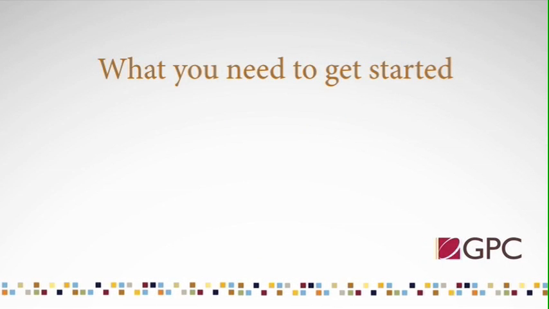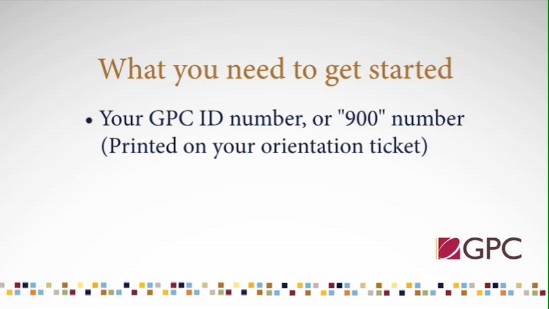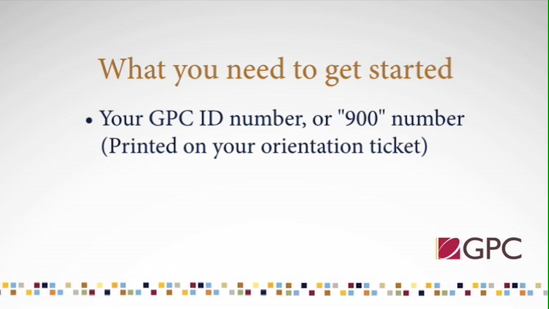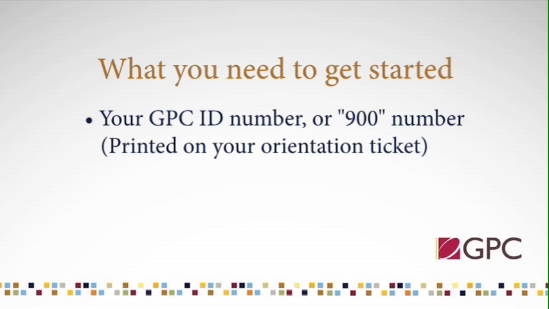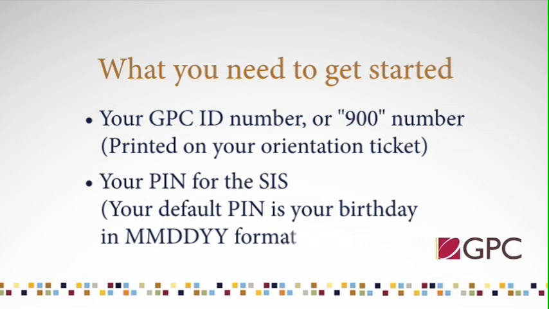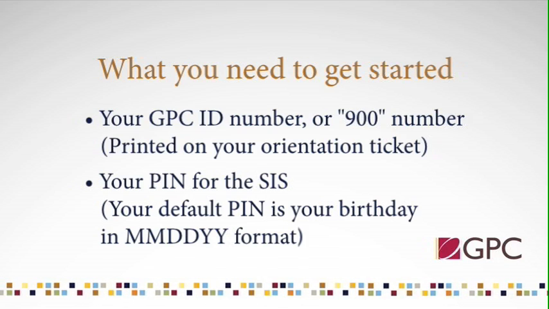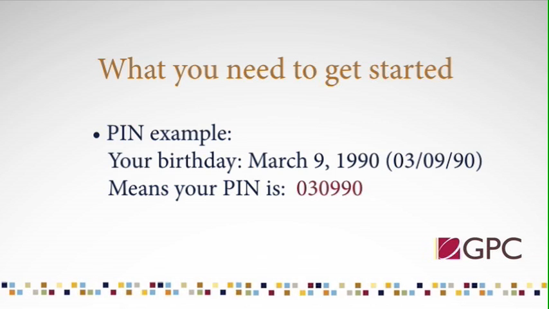There are a few things you will need to get started with SIS. First, you will need your GPC ID number, also called your 900 number. If you don't know this number, it is printed on your orientation ticket for your convenience. You will also need your personal identification number for SIS, also known as your PIN. By default, your PIN is your birthday in month, day, year format. For example, if you were born on March 9, 1990, your PIN would be